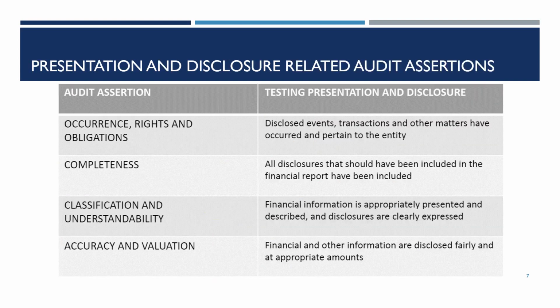The third category of assertions is how items are presented and disclosed in the financial statements. This figure shows the list of assertions for presentation and disclosure. An auditor ensures that all items included in the financial report are presented and disclosed appropriately. They check that disclosed items represent events and transactions that occurred for the entity, are recorded at appropriate amounts, and are described accurately. An auditor searches to ensure that all items that should have been disclosed are included in the financial report.